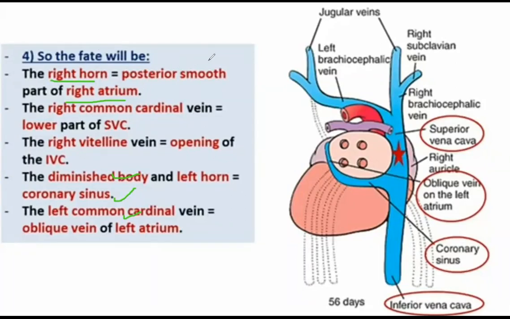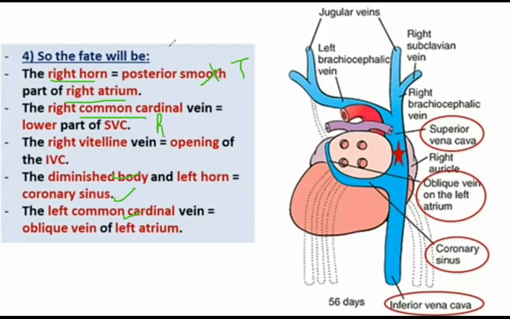Please correct this. This is not smooth. This is trabeculated. The trabeculated part of the right atrium, the right horn, will later form this structure. Then the right common cardinal vein, the lower part of the superior vena cava, or instead of the common cardinal vein, the more appropriate one to know should be the right anterior